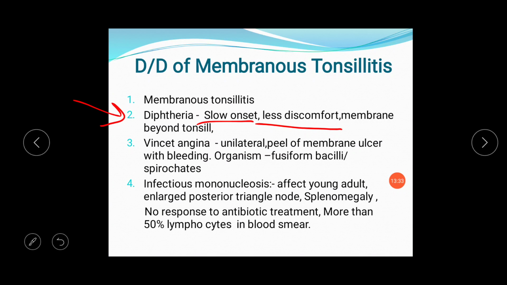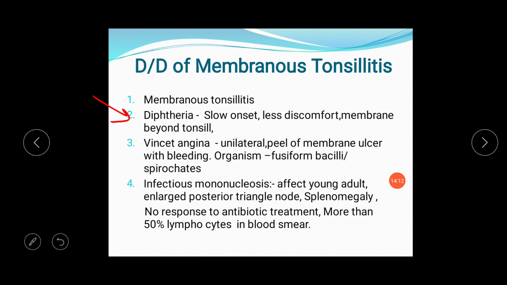Afterwards the patient will develop severe pain with bull neck appearance, in which there will be multiple lymph node enlargements over levels 1A, 1B, 2, 3 and 4. Membrane can also be present beyond the tonsil, over the soft palate, uvula and both pillars, and this membrane can also reach up to the larynx, and the patient can develop difficulty in breathing or stridor. Diagnosis of diphtheria can be made by Albert stain after taking a throat swab.